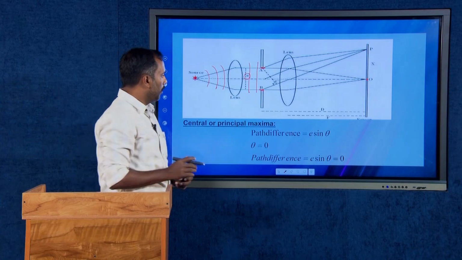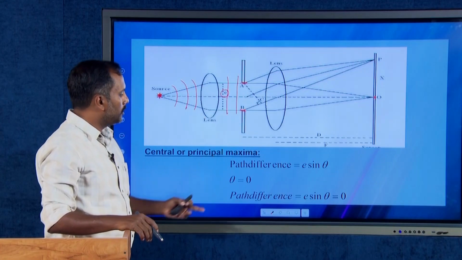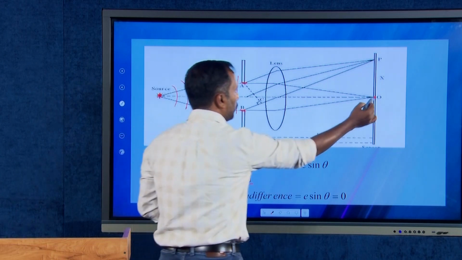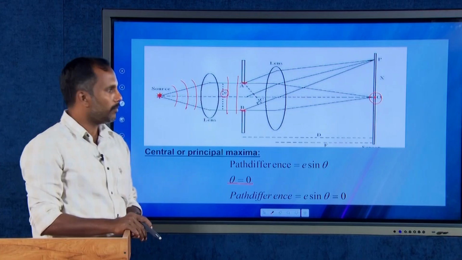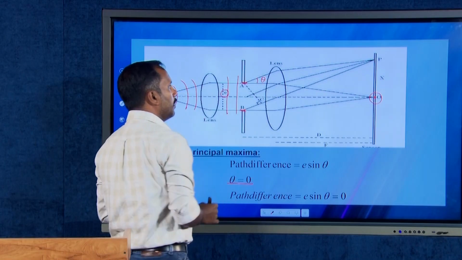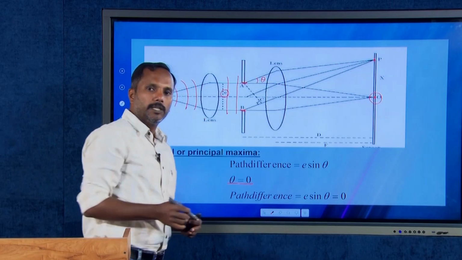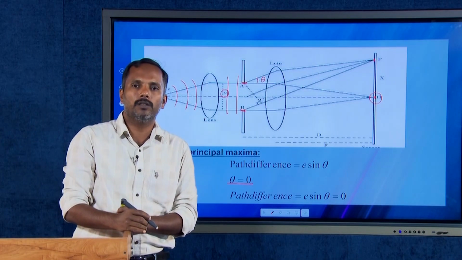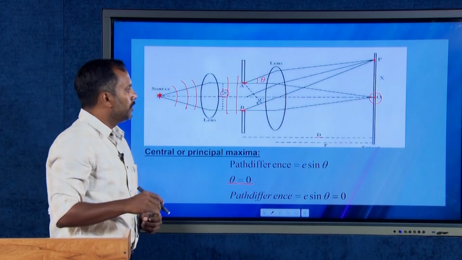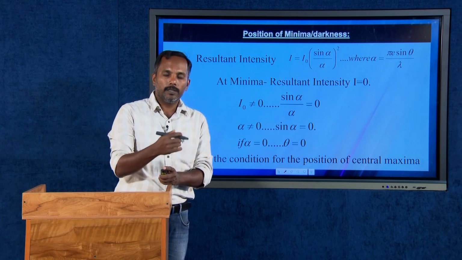central maxima. We have discussed the condition for the principal or central maxima, that is, the path difference shall be 0, and that path difference is 0 at theta equal to 0. That point corresponds to the central point O. Now, the light which deviates by an angle theta will focus at point P. If theta changes, the point P will change. So P is an arbitrary point on the screen, and D is the distance between the screen and the slit. Now, we will continue this lecture with the position